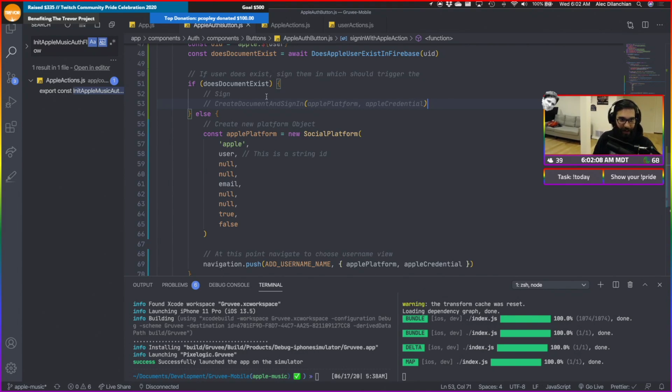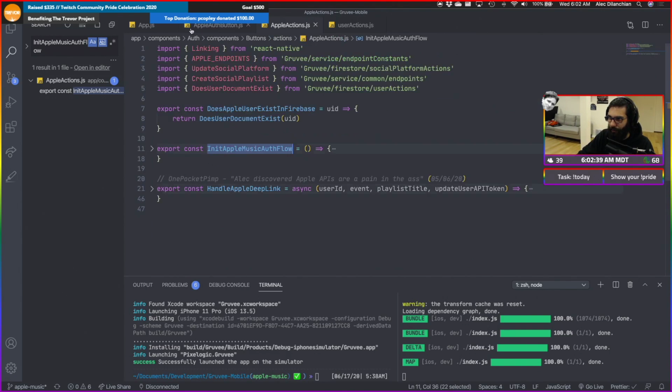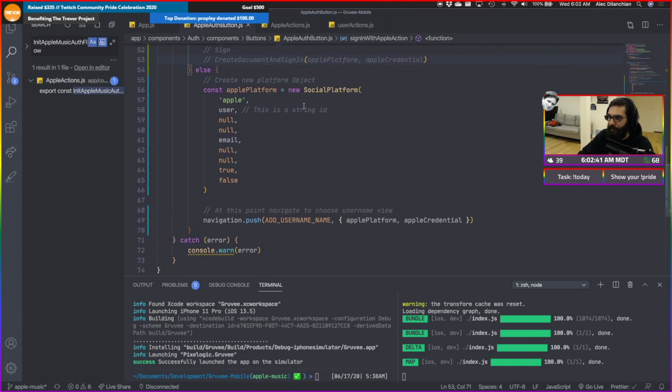Collaborative music playlist. We're just getting through our Apple Music authentication. We're pretty close to being done. So genius but powered by people. In a sense, it's more of a way for you and your friends to collaborate on music together, no matter what streaming provider you have. So if I have Apple Music and you have Spotify or something, it provides a way for us to still share music, talk about the music within the app, and not worry about like, oh, I don't have your provider, I can't use this thing, or I have to search for this song myself.